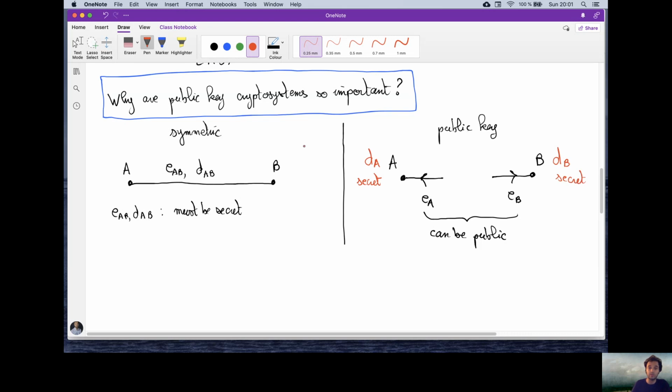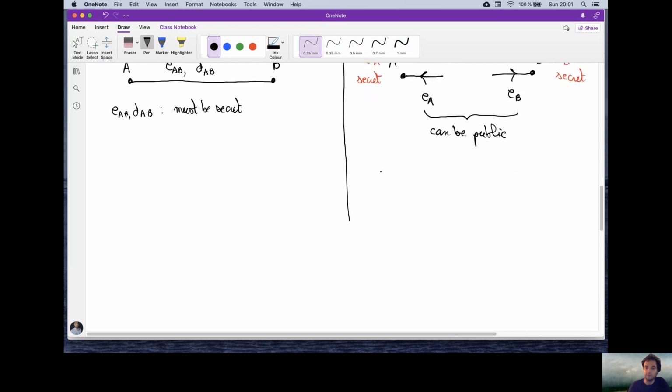Okay, so this changes quite a lot, this way of thinking. It's no longer about pairs of people, but about how to send to A or to B. And why is this such a big change? Let us just look in a second at what happens if we have 5 people communicating between them. Okay, let's suppose we have them here, A, B, C, D, and E, right? 5 people are communicating. In the symmetric cryptosystem,